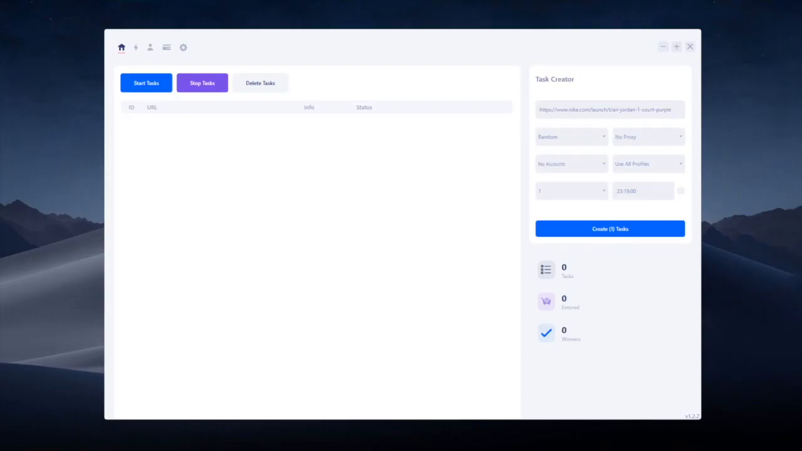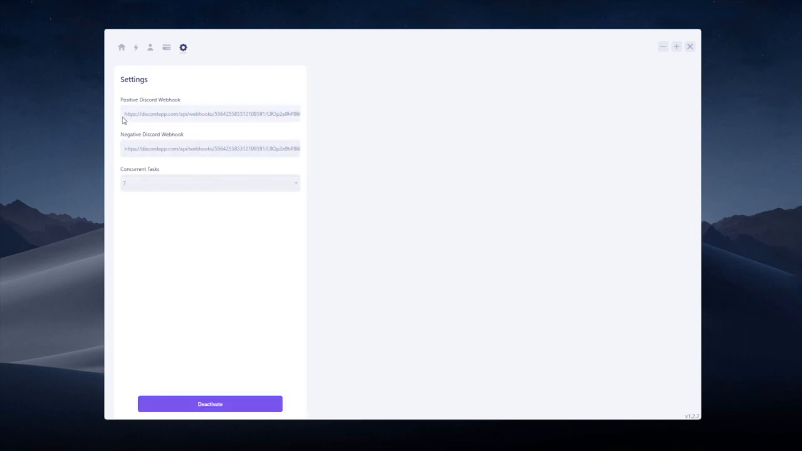In this video I'm going to show you how to add profiles, add accounts, add proxies and create tasks within SoulSneakers. The first tab I'm going to show you is the settings tab, which is quite straightforward. The positive webhook is where your success will go. The negative webhook is where your declines or failures will go, and concurrent tasks is how many tasks will run